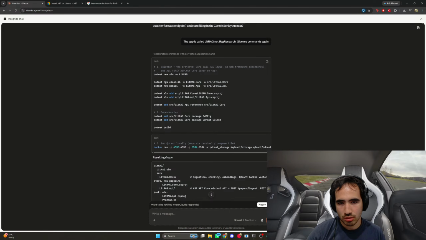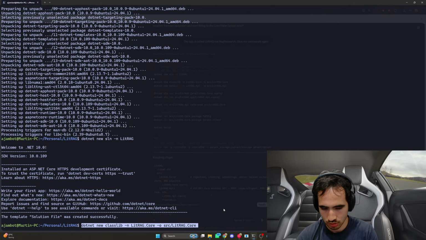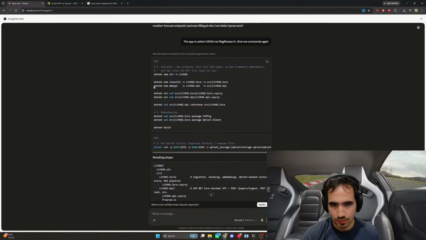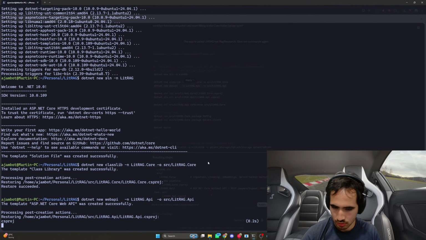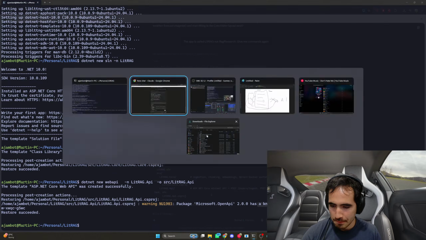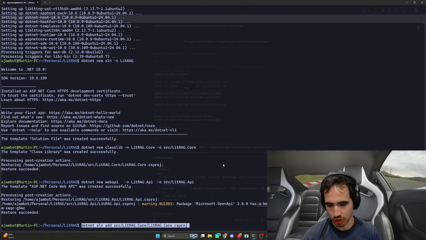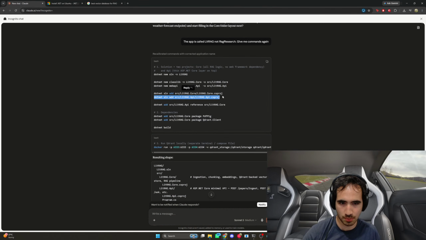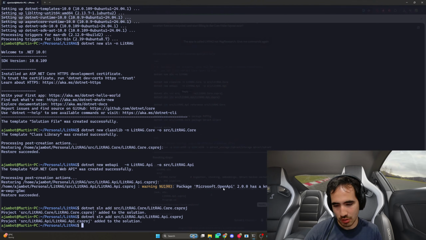Okay, so class lib. Nice. Web API. Okay. We add a CS project, which from what I know is how you figure out the dependencies.